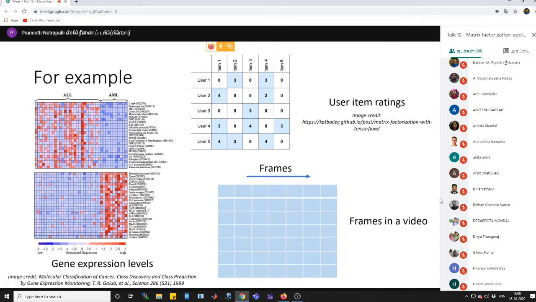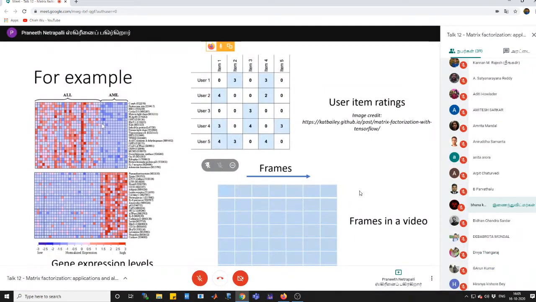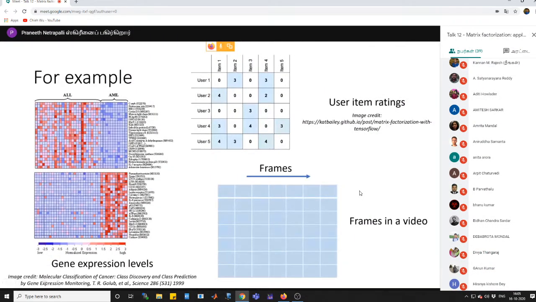When the data is given to you, you have no idea which genes correspond to which disease. You just have a bunch of patients, and these are in some arbitrary order. And if you are able to reorganize these rows, for example, in a way such that the high expression levels are correlated with patients with ALL, and the high expression levels here are correlated with patients with AML, then you can at least get some correlation between which kind of disease is connected to which kind of genes. So this is one example of how data could be represented as matrices and what kind of operations you may have to do in order to extract information from this data.